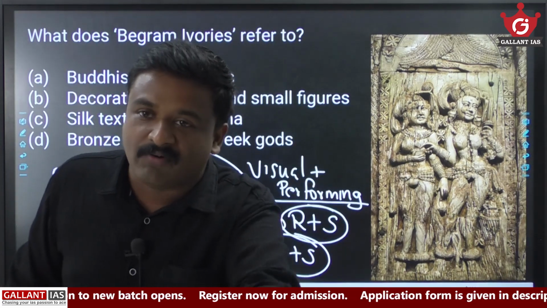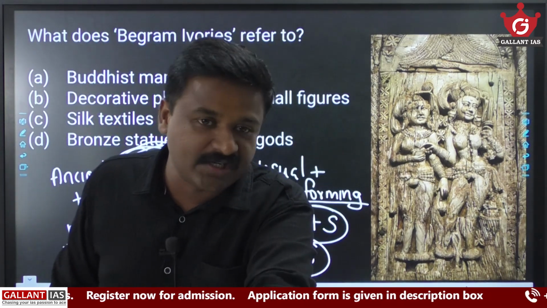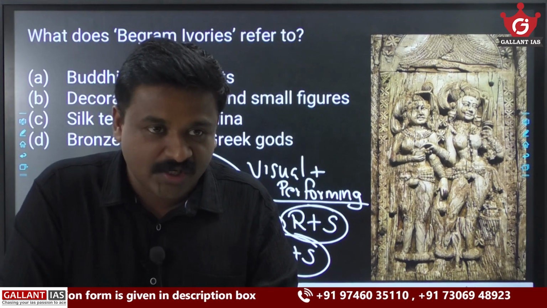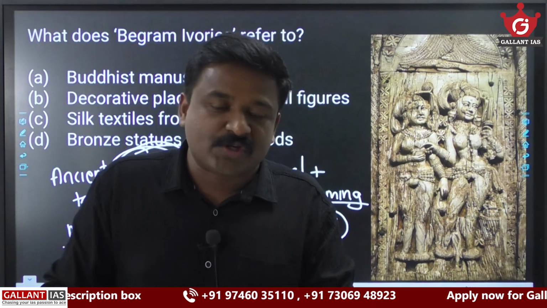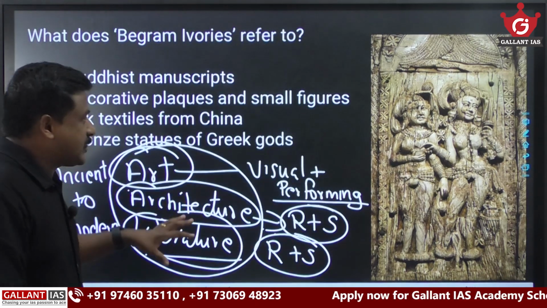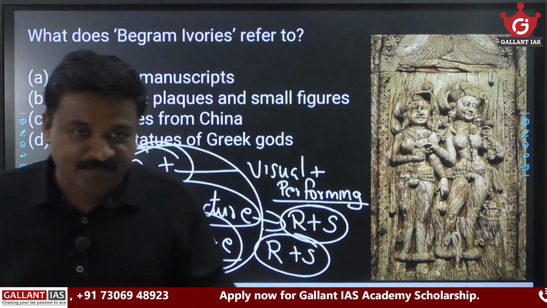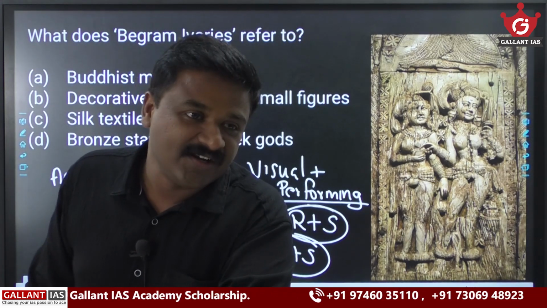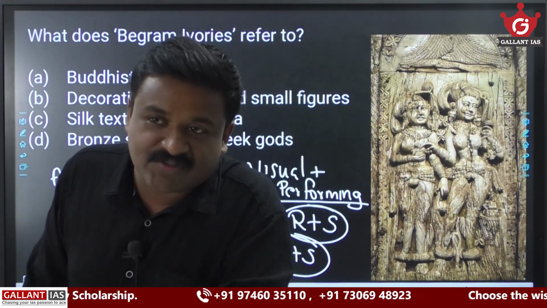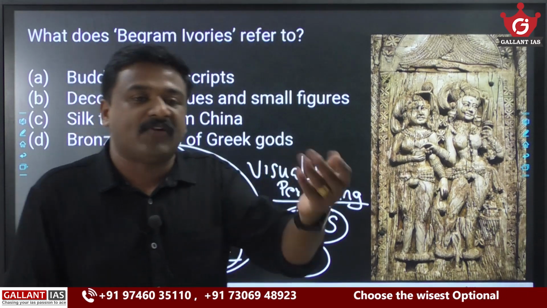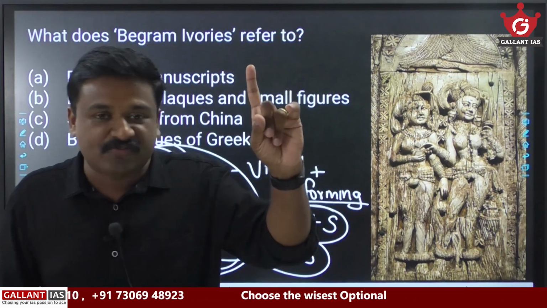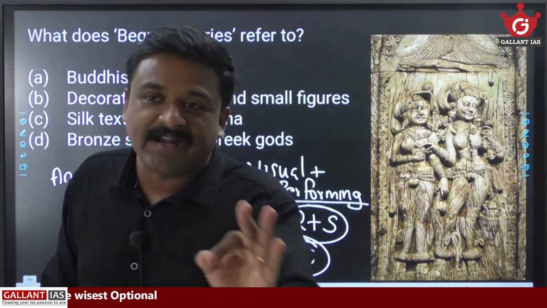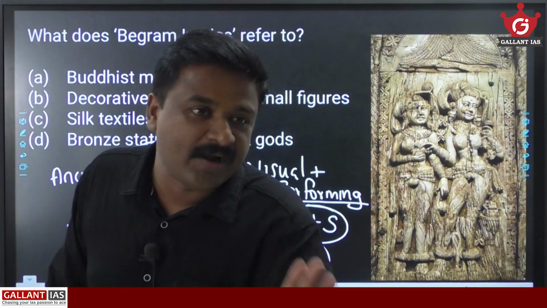Now what should we cover in art, architecture, literature? For which you will have to go through the previous year questions. Based on previous year's questions, I set certain model questions for you. This will give you exactly a picture of what to focus on in each area. Why solving questions? In this art and culture crash course, we will be covering around 500 questions. There will be a full test for art and culture, and along with that, we will be covering so many questions, so that minimum 10 questions are assured from art and culture.